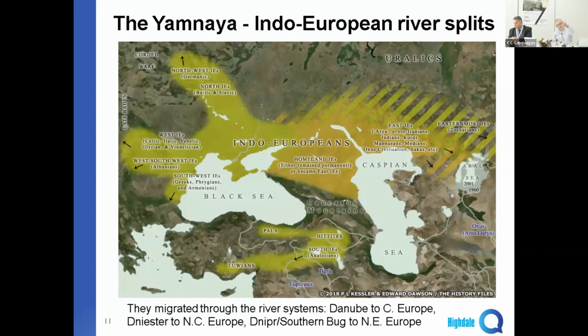They went, can you see there's one northwestern spread there? They went up the Dnieper River, up towards what is now Belarus and the Baltic states. That's where the Baltic language comes from. That's where the Slavic language comes from. That big yellow thing in the middle going north, that's the Slavic language. To the west, they went down the Danube and a couple of other rivers, and that became the Celtic and the Italic and the Germanic languages. About 3,000 years ago, they split into these little groups.